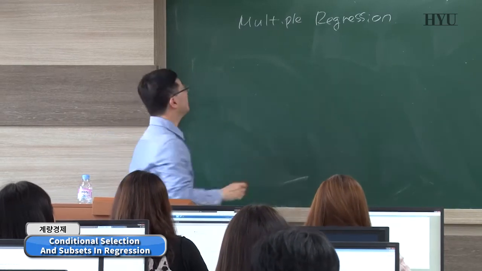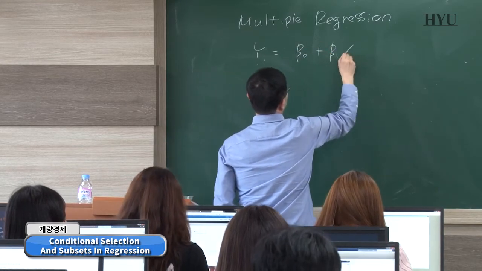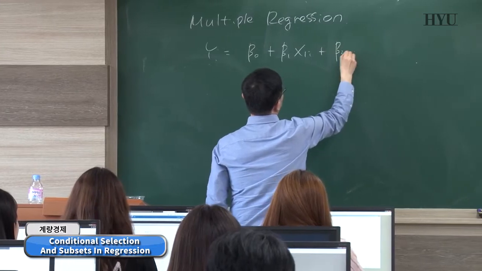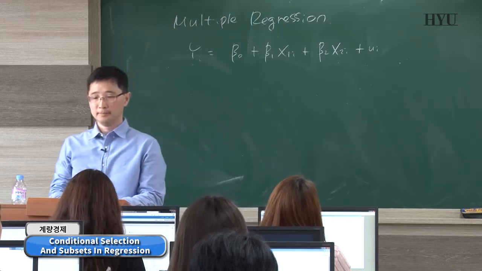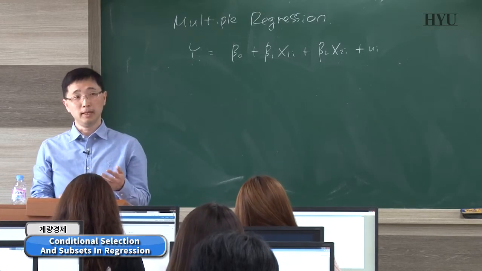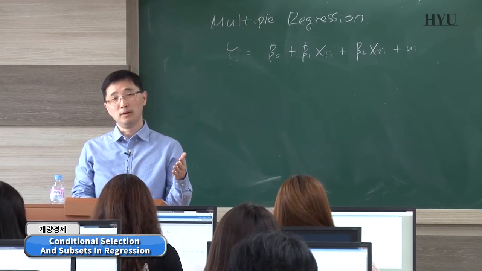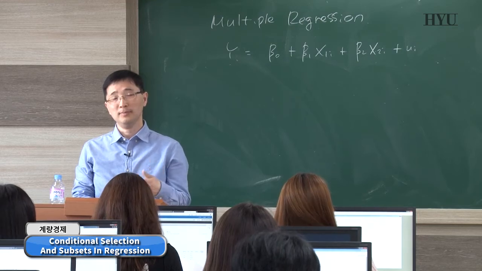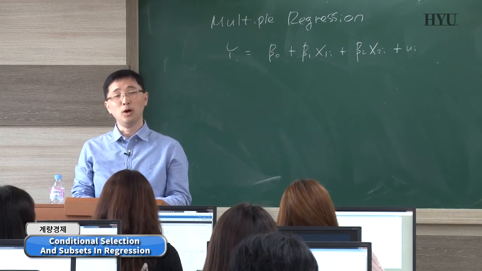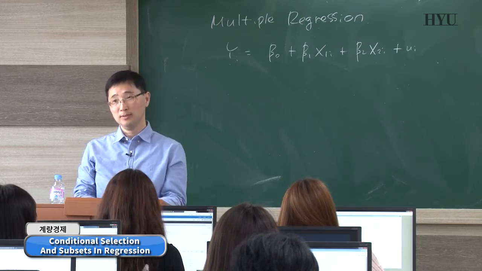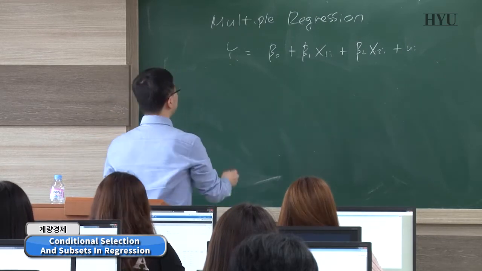Okay, so yesterday we motivated the multiple regression in this way. We like to add more independent variables because otherwise we may have the omitted variable bias, right? So one way to avoid it is to include that potentially omitted variable, x2. So today,